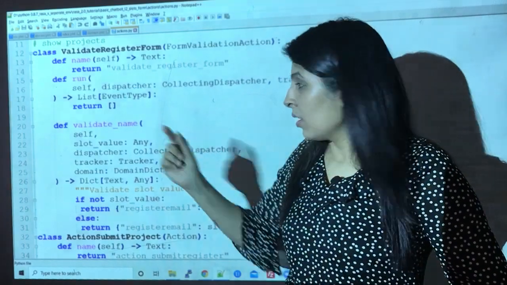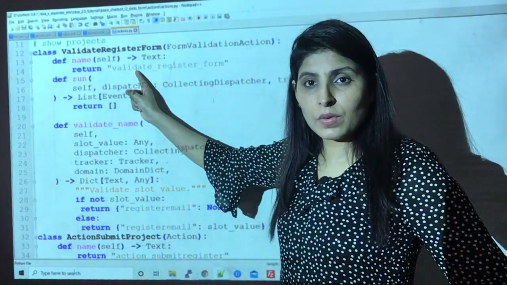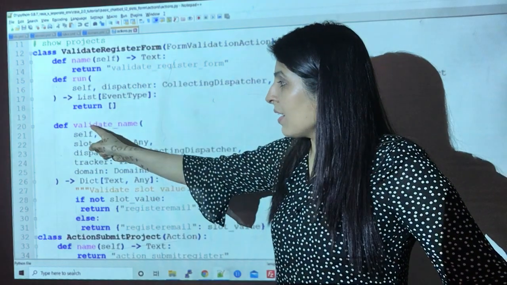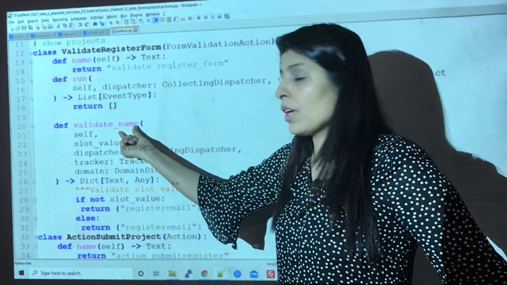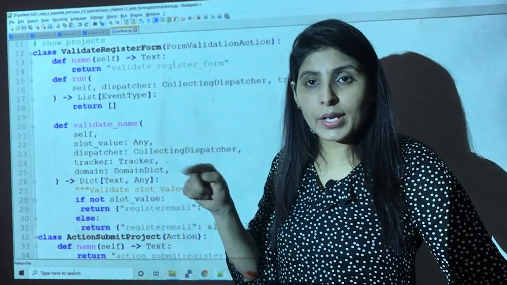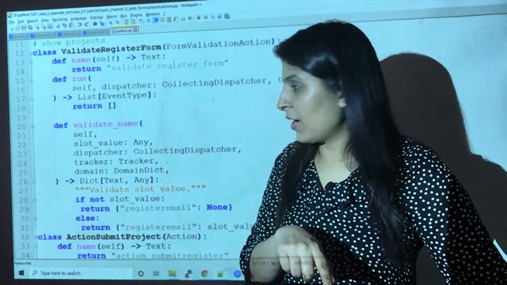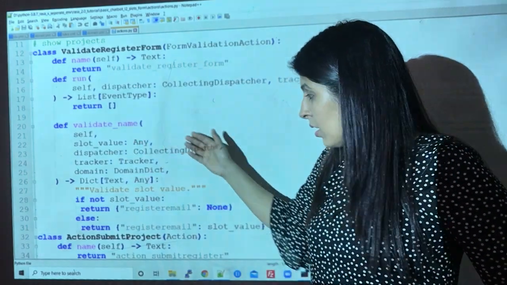Always remember, write validate underscore, the same way we have used it over here, in the create function. Write validate underscore, and then the slot name which you have created in your domain.yml file. And then these are the required parameters.